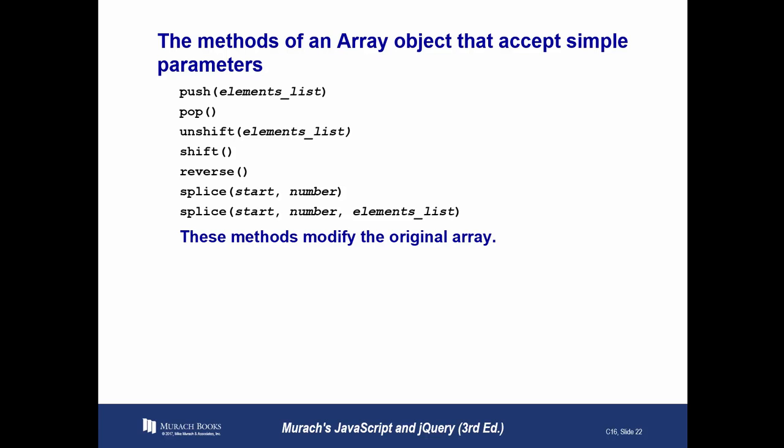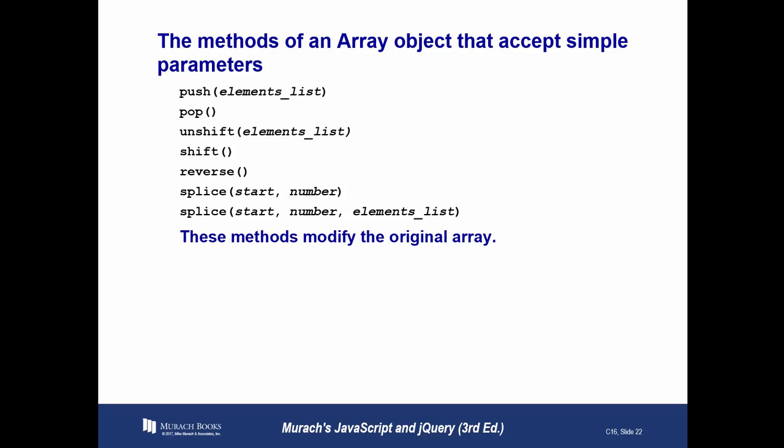All right. Now, on pages 474 and 475, the author goes through some of the major methods that you will use with an array object. You've got push, which adds elements to the end of the array, pop, which removes elements from the end of the array, unshift, which adds elements to the beginning of the array, shift, which removes the first array element, reverse, which reverses the order, splice, which allows you to kind of cut into the array,